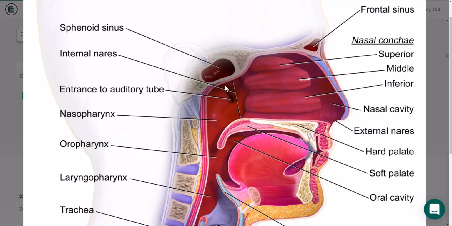Also here in the nasal cavity, back here in the nasal pharynx, there's the entrance to the auditory tube. Remember, the auditory tube has two other names. It's also called the pharyngeotympanic tube. It's also called the eustachian tube, and that is the tube that goes up into the middle ear. Not shown in this particular picture, but right here where my pointer is, you would have the adenoid, and the adenoid is one of the